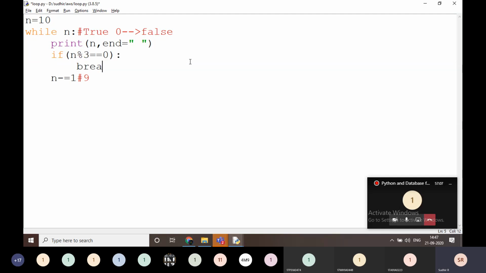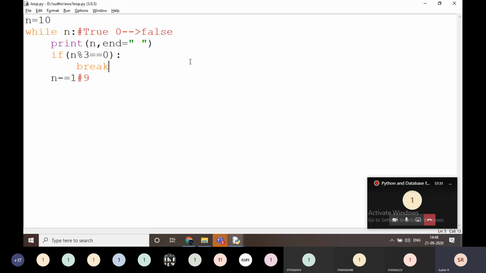I'm writing some condition here. Every time we are dealing with break and continue, don't write them normally. We have to put them inside a condition like this: if n mod 3 is equal to 0, then only I have to break it.